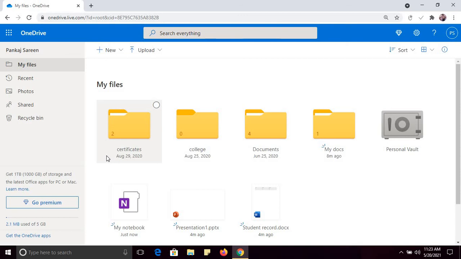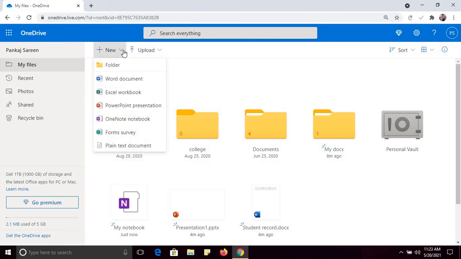If you have any query regarding OneDrive, you can ask me. Similarly, you can also create a form survey, like a Google Form. You can create Microsoft Forms in this option. So you must try to use these features.